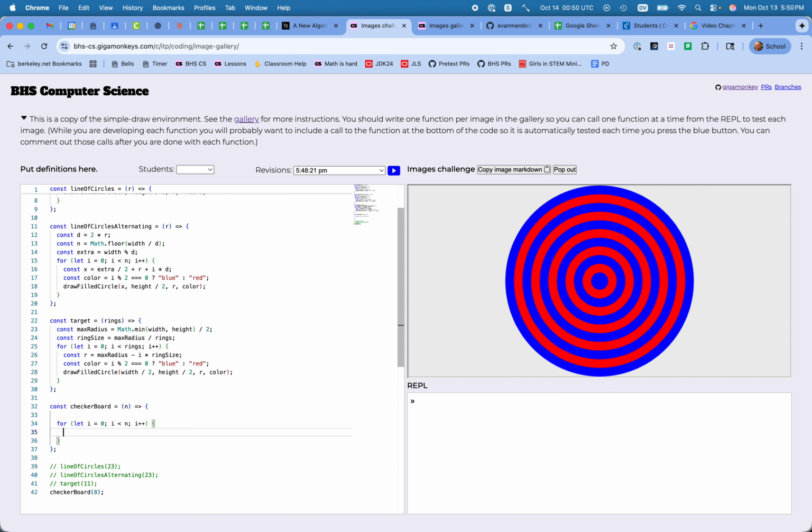So we have a similar trick to, what are we doing here? We're gonna draw this time a draw filled rectangle. It's gonna be at some position. We'll go all the way back to what we did when we were drawing our line of circles. We're just gonna draw it at 0, y, and then